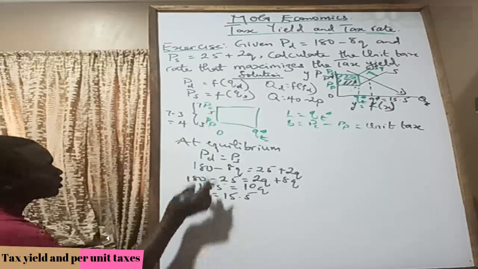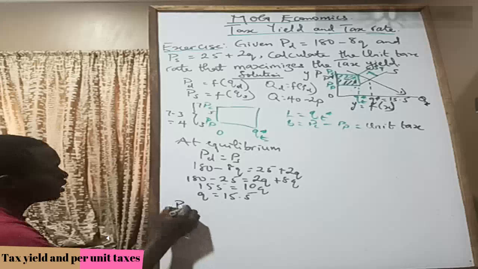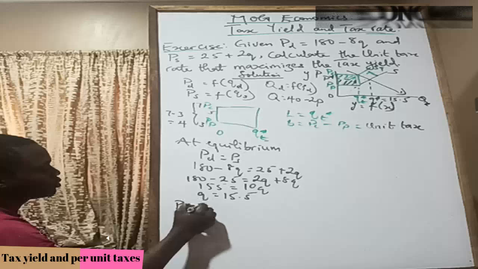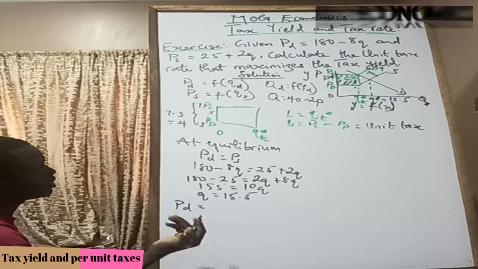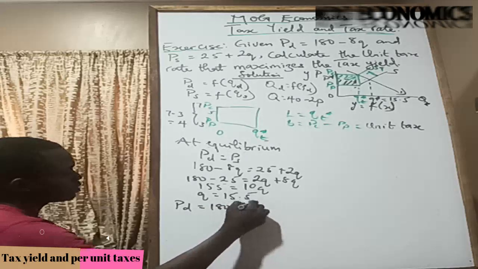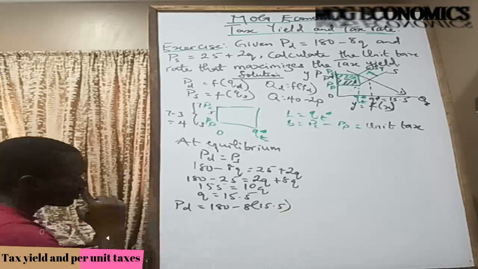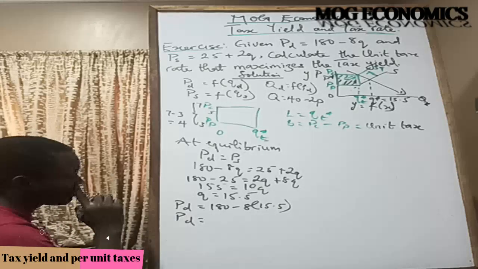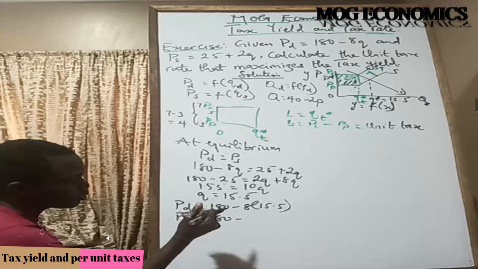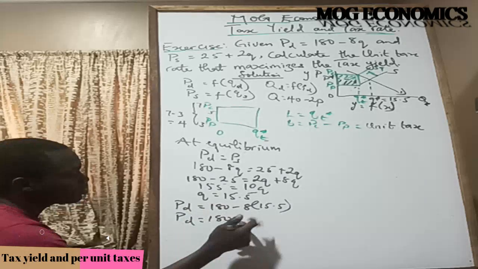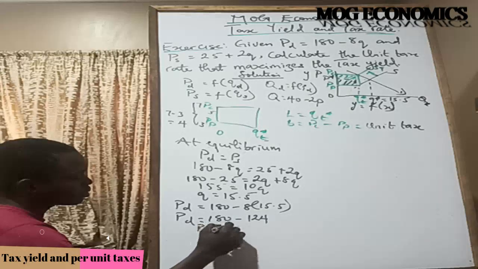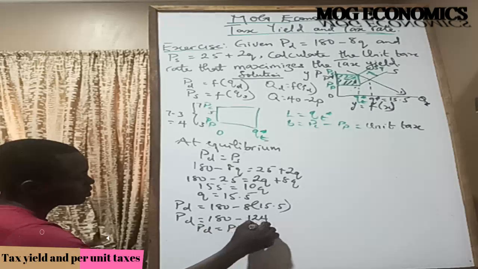Then to get the price, we can just use any of the price functions. So you can say PD. Whatever you get is going to be the same as PS. Since PD is 180 minus 8Q, so 180 minus 8 into bracket 15.5. So PD equals, I think, 180 minus 15 times 8 should be 124. This is 124, and then PD equals PS equals P star is